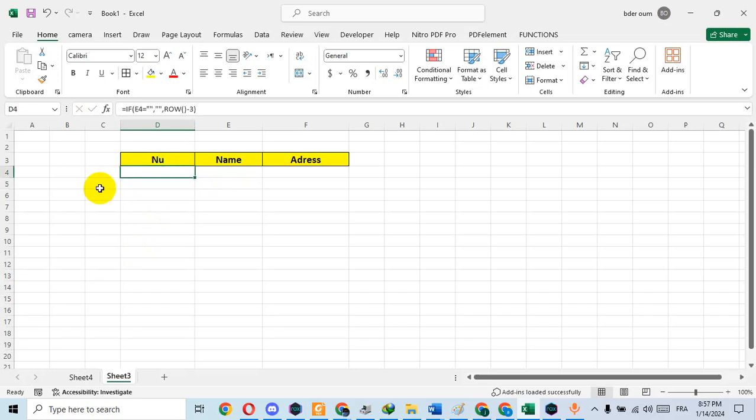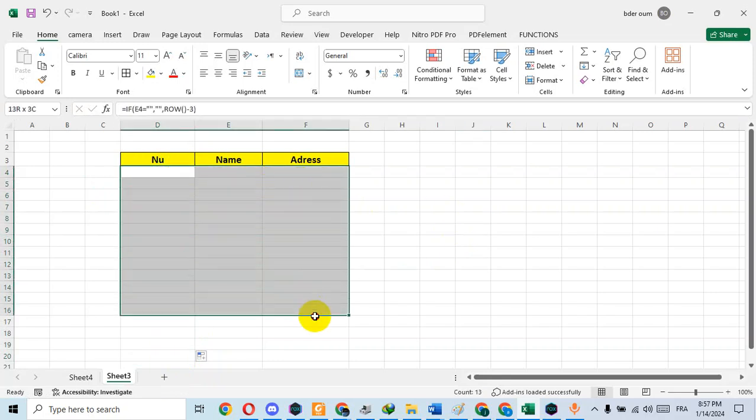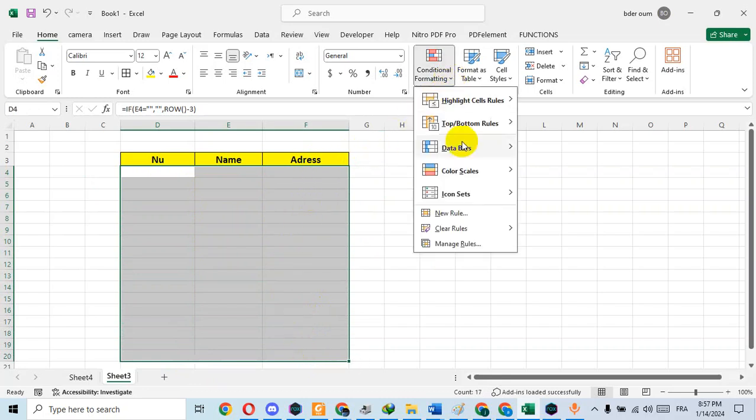So to apply the formula for all the cells, click here and drag until where you want, for example until 20. Alright, now select the table all until 20 or as you like, then go to conditional formatting, new rule,